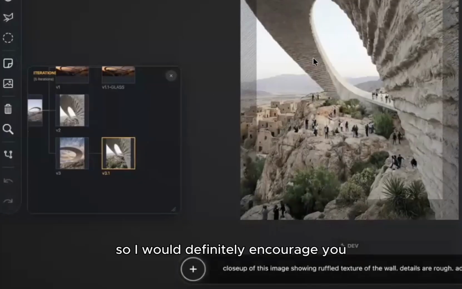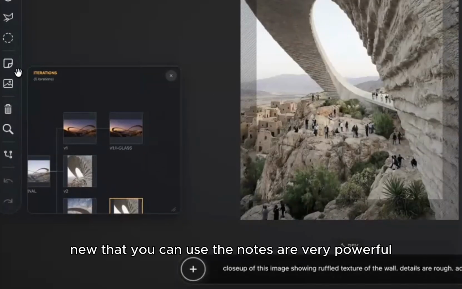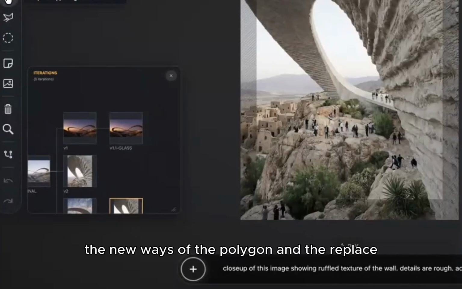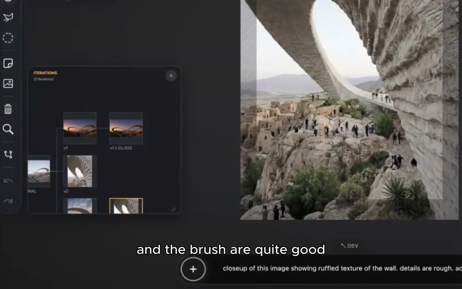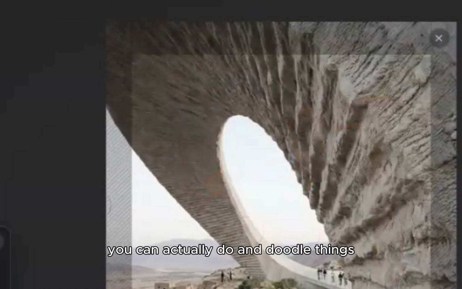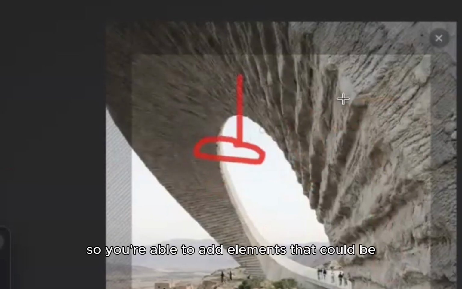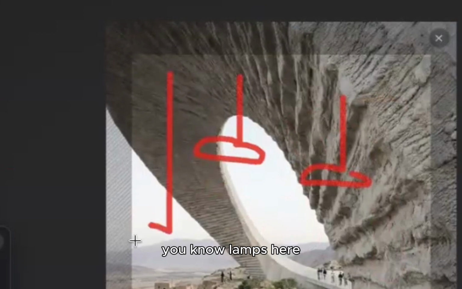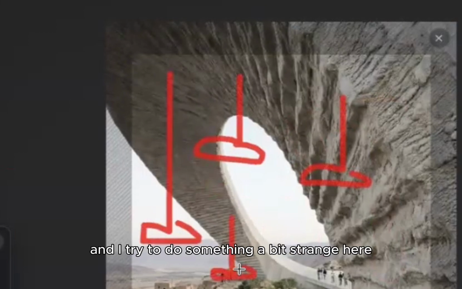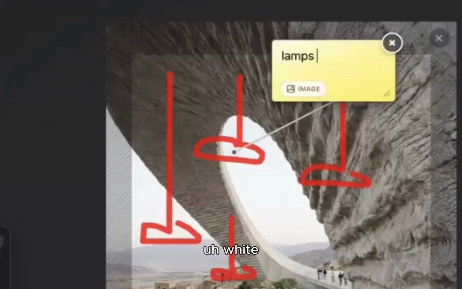So I would definitely encourage you guys to try the editor because there are many new features here that you can use. The nodes are very powerful. The new ways of the polygon and the replace and the brush are quite good. And with the brush, you can actually doodle things. You can always modify the thickness of that. So you're able to add elements, like lamps here. And I tried to do something a bit strange here, but then you can add the nodes saying that this is lamps, white,